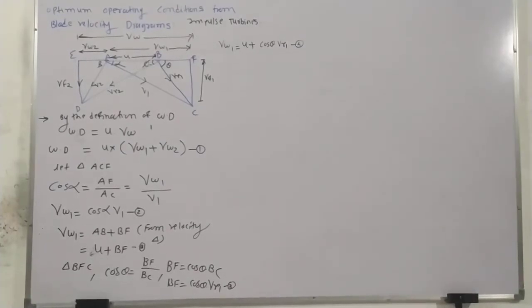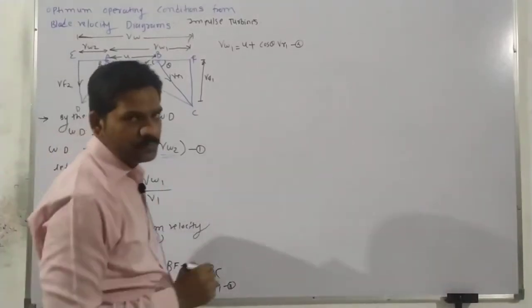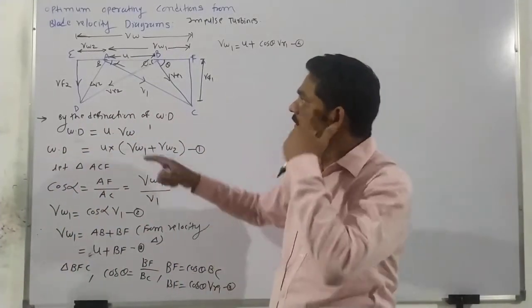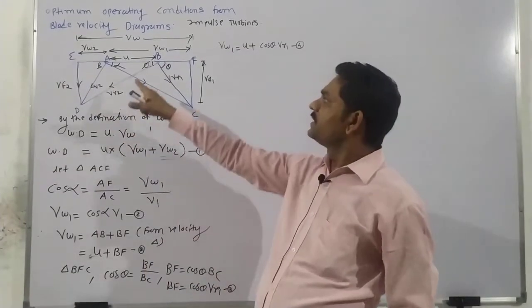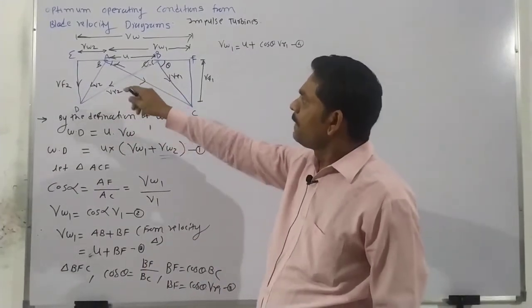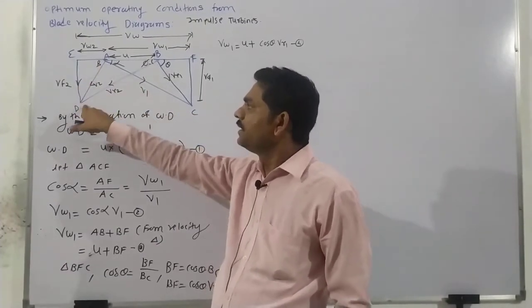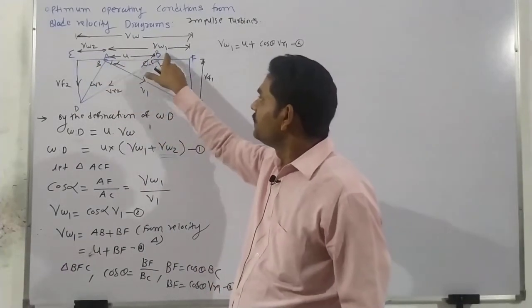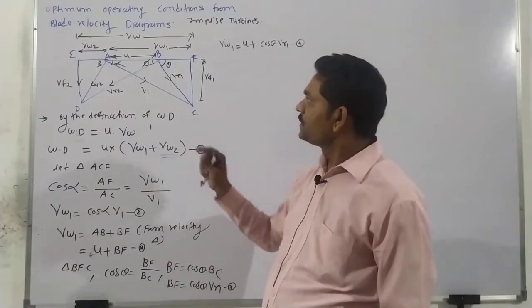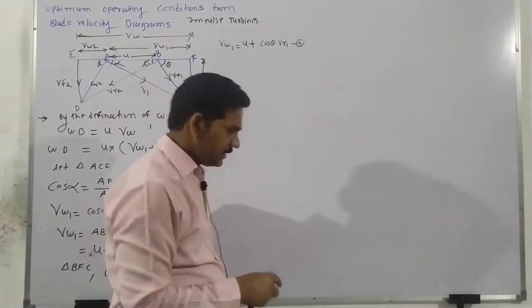Now after that, boys, you see here another condition. For another condition, we calculate the value of this VW2. So how is it calculated? We calculate it from these situations. Yes or no? Yes. So once again, here we consider this triangle EAD, this one triangle. Another triangle is EBD. First we consider the triangle EBD.